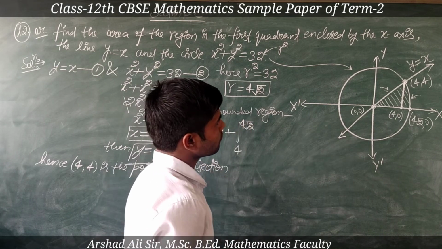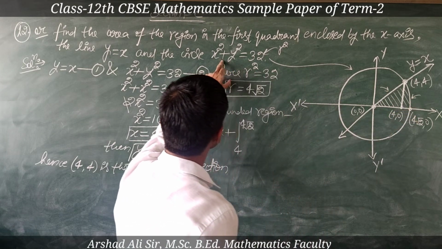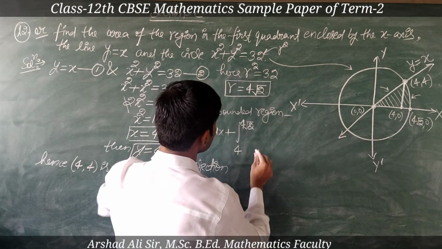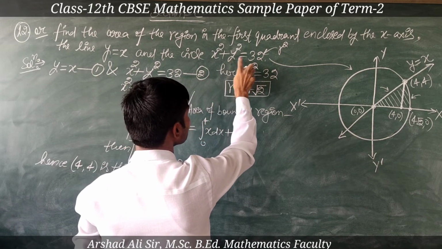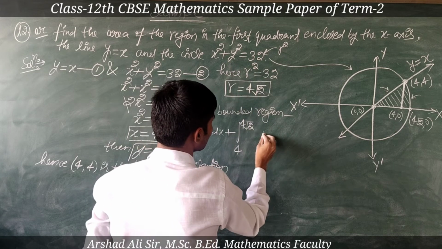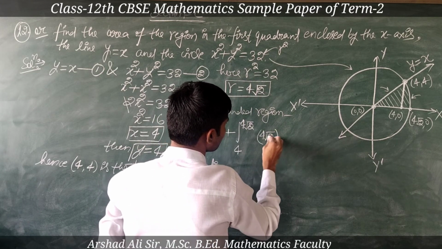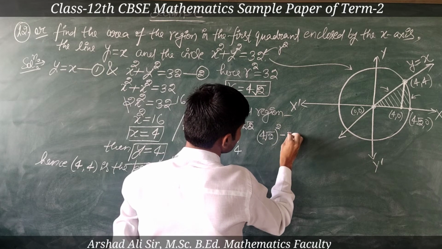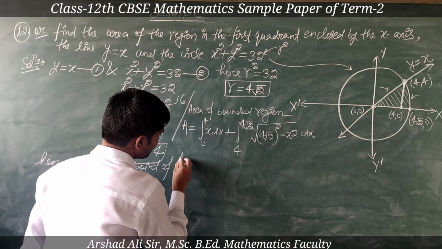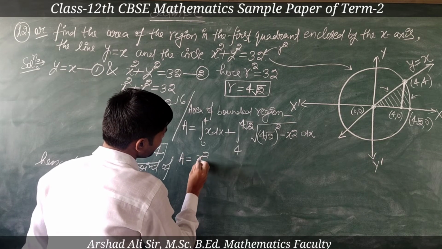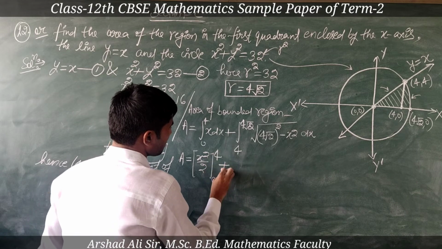And what is the value of y? x square plus y square is equal to 32. So y is equal to square root of 32 minus x square. So 32 we can write as 4 root 2 square minus x square, in square root. Okay, A is equal to x square upon 2, lower limit is 0, upper limit is 4, plus